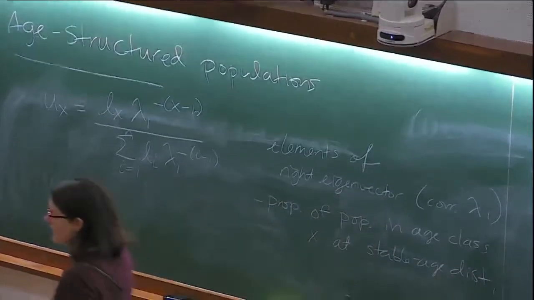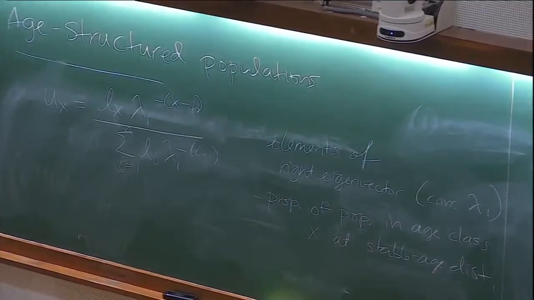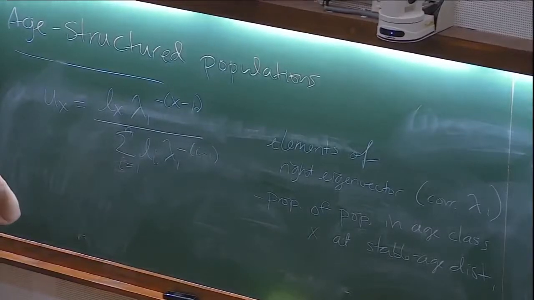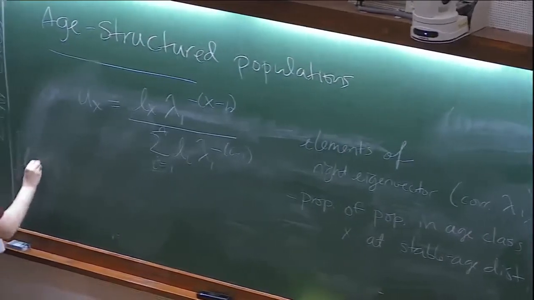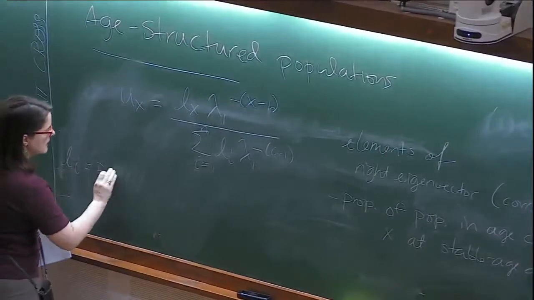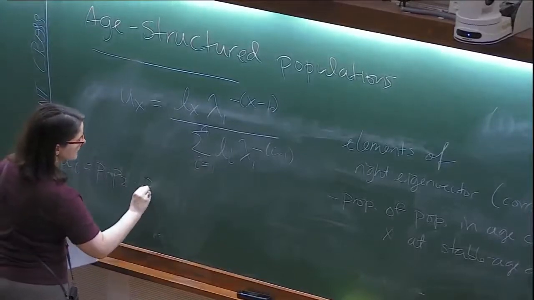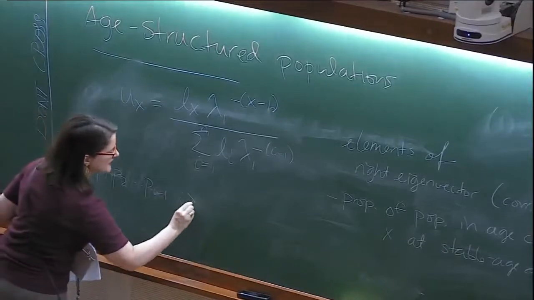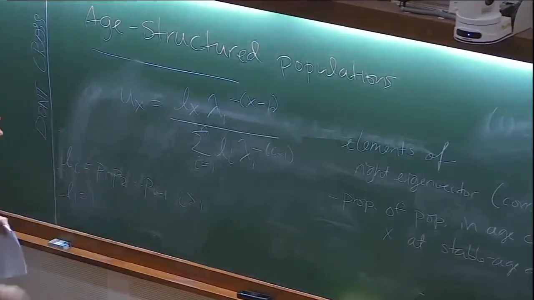Now you can always find the left and right eigenvectors of any matrix. But the nice thing about a Leslie matrix, because it has this very simple form, is that you can write the entries of the left and right eigenvector in terms of properties of the growth rate. So again, L of I is this total probability of reaching age I, for I greater than 1. And because we're letting everybody reach age 1, we're letting that be 1.